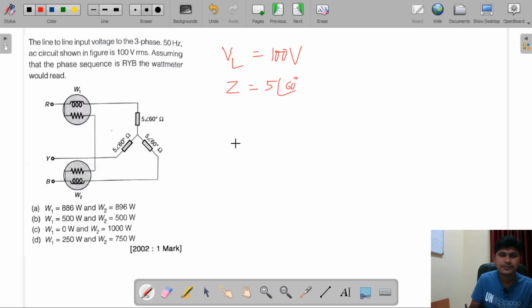Anyhow, this is the 2 wattmeter method. Here you are using the 2 wattmeter method for measurement of three-phase power. In the 2 wattmeter method, you are going to have two readings, W1 and W2. What is the reading of W1? W1 is equal to VL IL cos of 30 plus phi. What is the reading of W2?